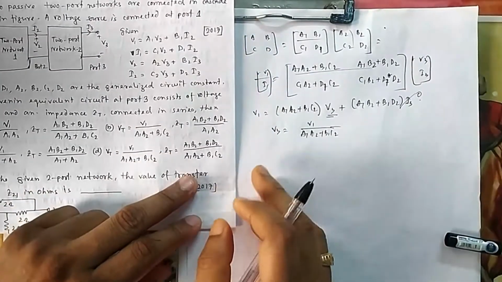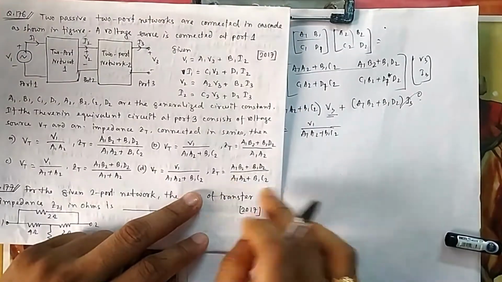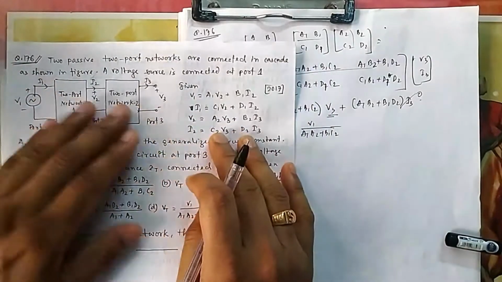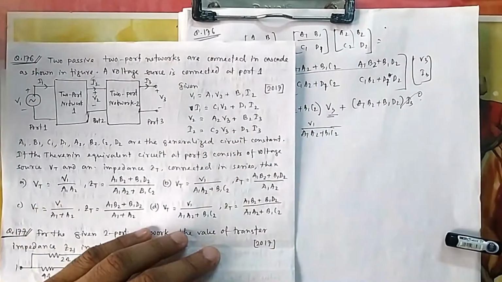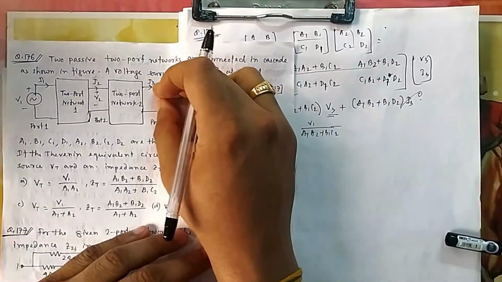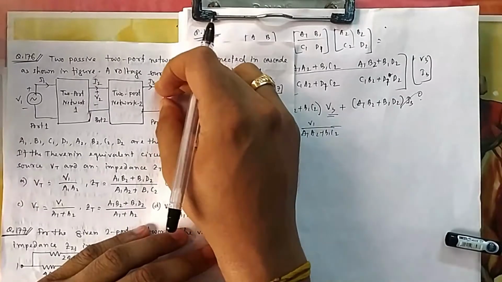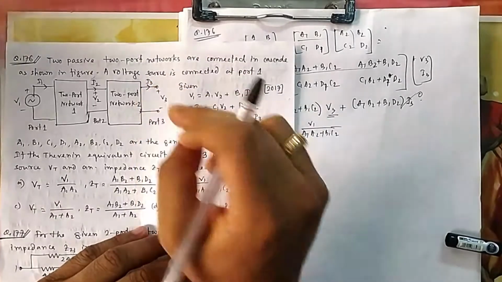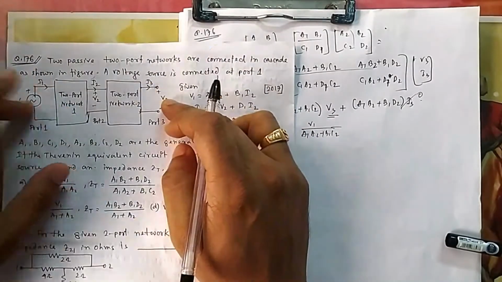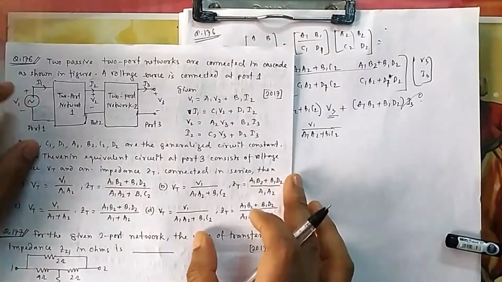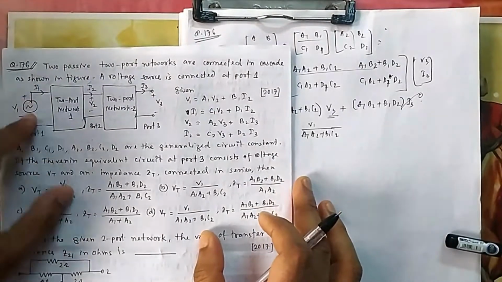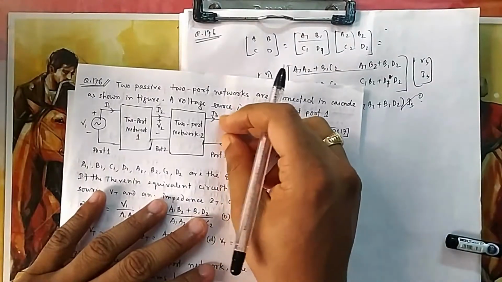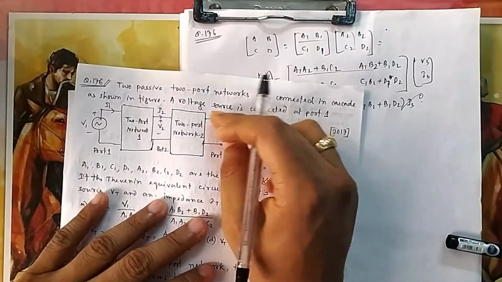Now what is Z, the Thevenin's equivalent impedance? For this, I don't know what is inside, so what we can do is just put a simple voltage source. Suppose a V3 voltage source is given, and we see what current it is taking, I3, killing all other sources. Killing all other sources means your V1 will be 0. And you find a relation: you give a voltage V3, and what is the current it is taking? That is V3 by I3.